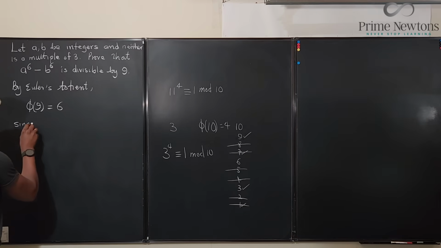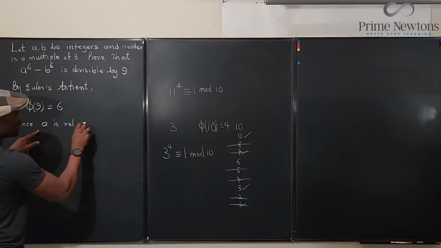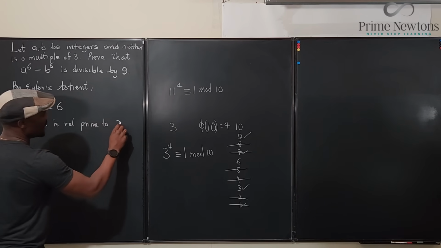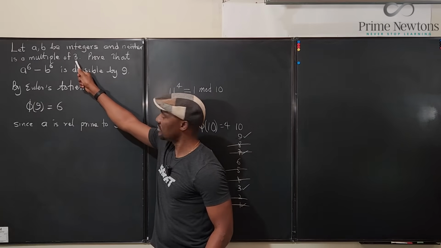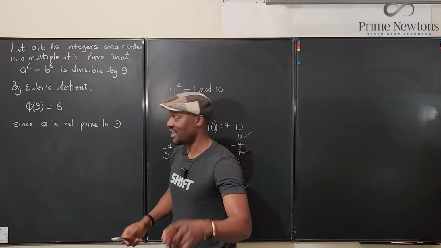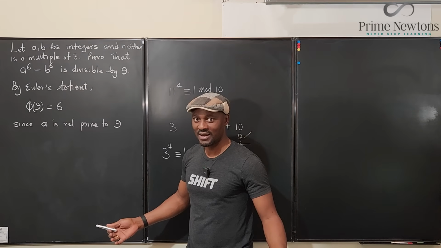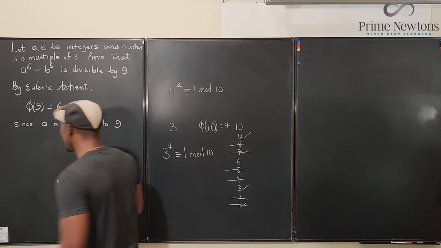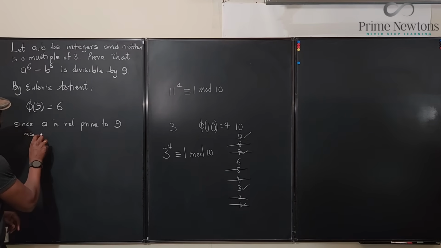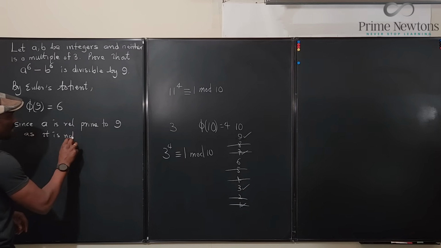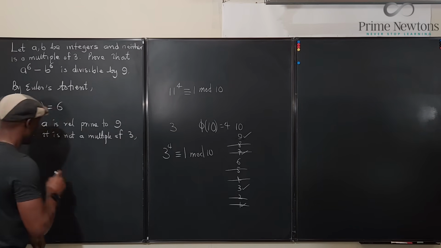Since a is relatively prime to 9. How do we know it's relatively prime to 9? Well, they said it is not divisible by 3. Any number that's not divisible by 3 is absolutely relatively prime to 9, because 9 doesn't even have any other common factor. So it's either 3 or 9. Okay, so since a is relatively prime to 9, as it is not a multiple of 3, then